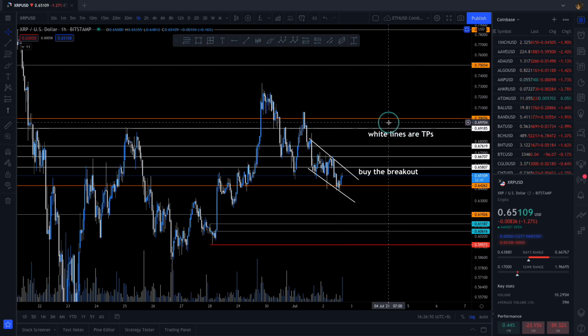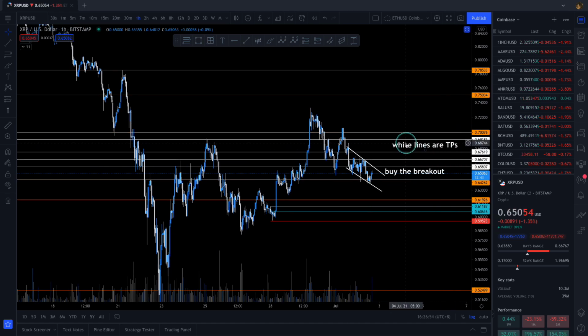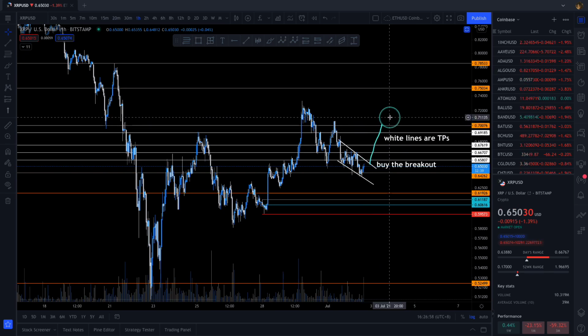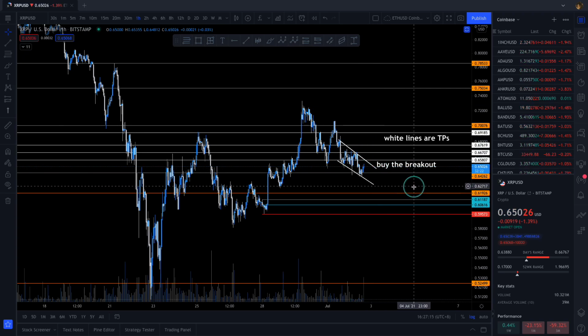Me personally, I tend to take profits a bit too early, and I'm fine with that because I understand that trading is a long game and it is not really about the massive wins that really define you as a trader. In fact, it is the small wins, the 5% gain every day, the 3% gain every day that really snowballs your account. So for real guys, take your profits, and same thing goes for when you're buying as well,